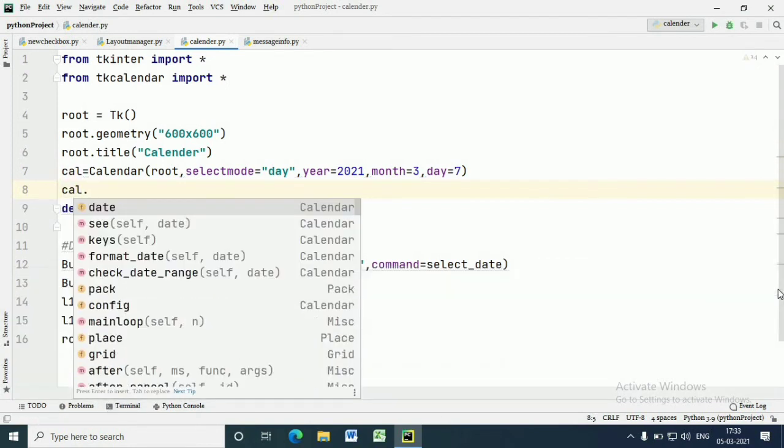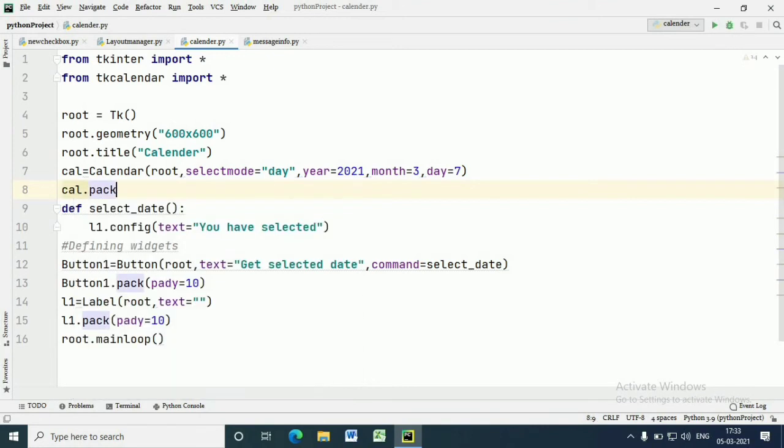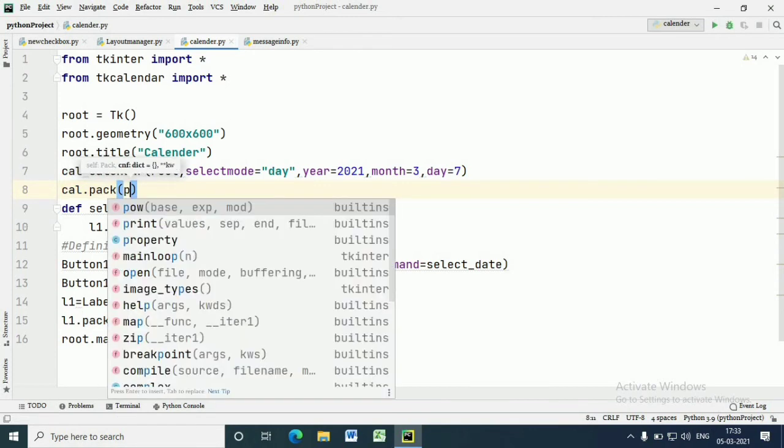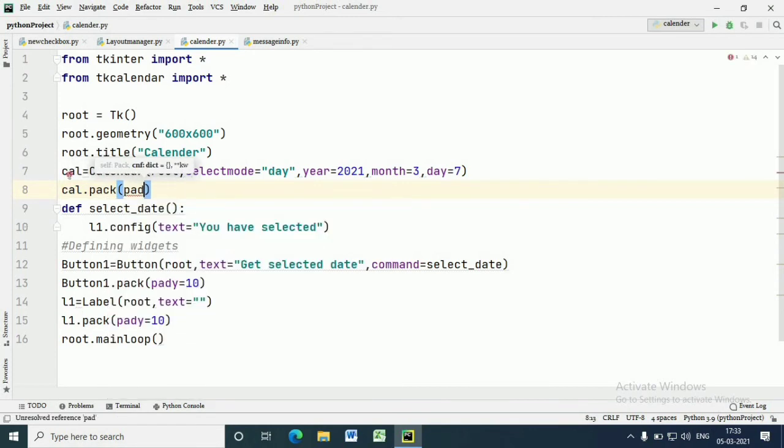For that we have to write cal.pack and pady to give some vertical spacing. Now we can use the get_date method, which will return the date selected by the user. Our button, label and calendar wizard is ready.